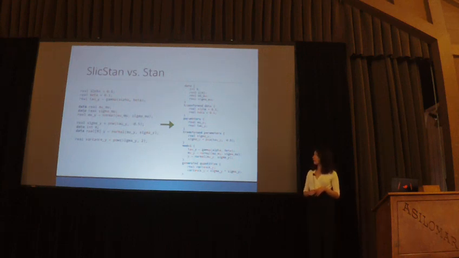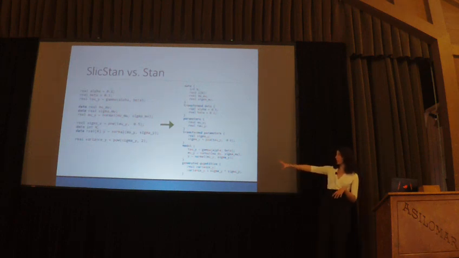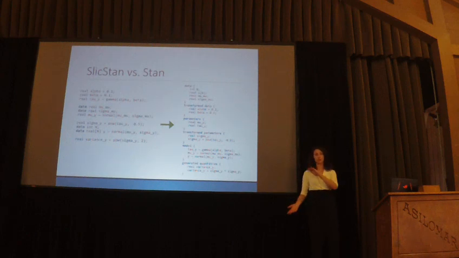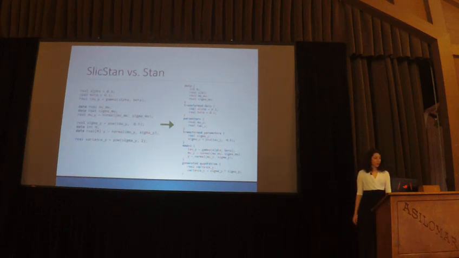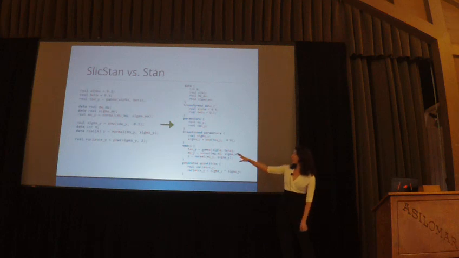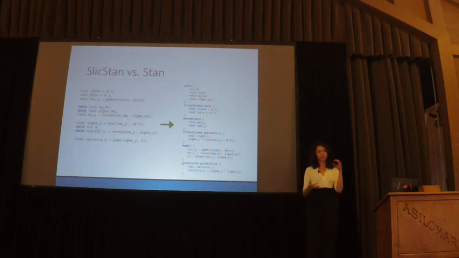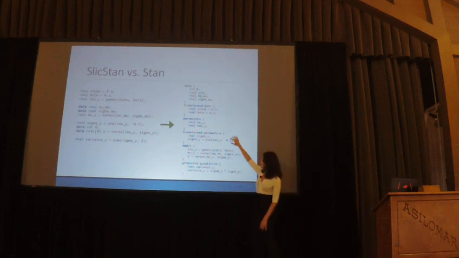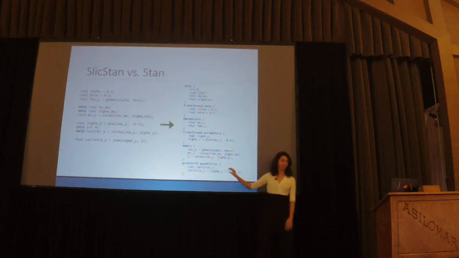SlickStan. So what's currently implemented is a compiler from SlickStan to Stan, which takes a program like that and in a way shreds it into Stan blocks. And why do we want to do this again? Well, you can see that in this way we can keep declarations and definitions of variables that are related to each other close to each other, unlike here where we are forced to have, for example, sigma y in transformed parameters and then use it only here in model.